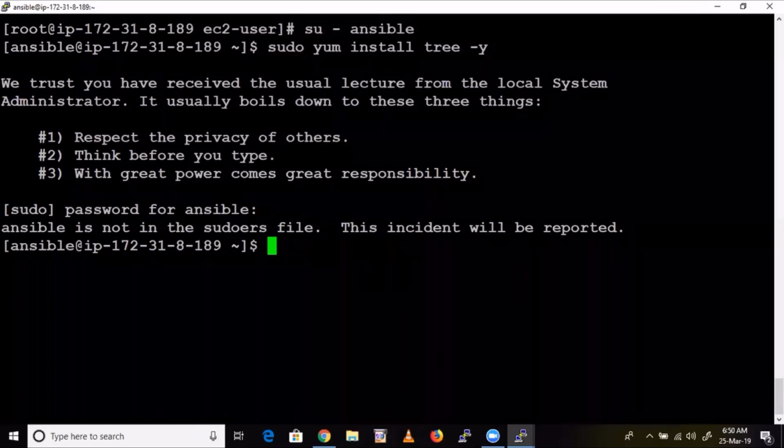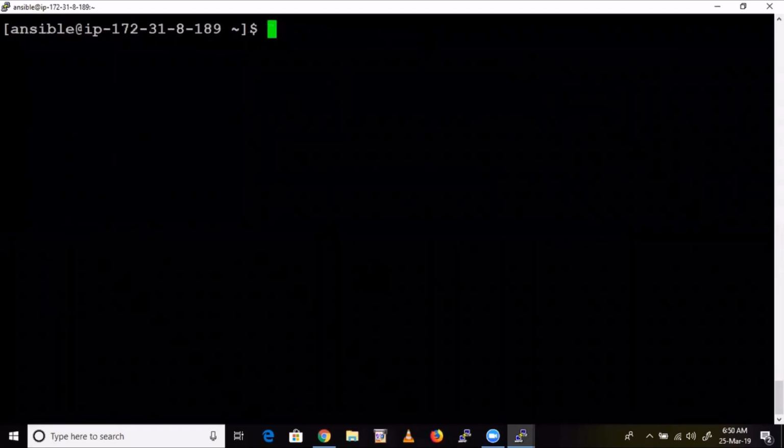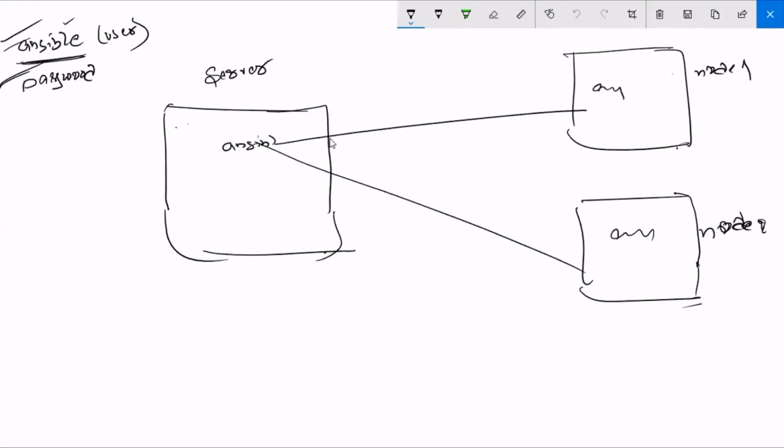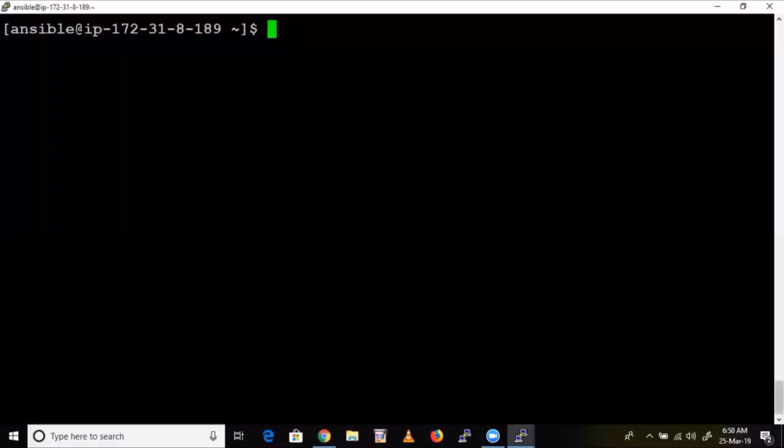Yes. Okay. Now, what do we need to do? We need to install so many packages as well, right? We need to install packages and remove packages, everything we need to do. So we need to provide sudo privileges to this particular user. If you want to provide sudo privileges, who can provide? Only the root user can provide, guys. Only the root user can provide sudo privileges. So we have a file called sudoers. That's what it was showing, right? See here.